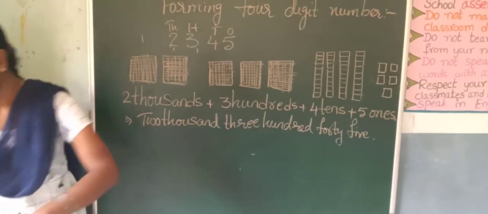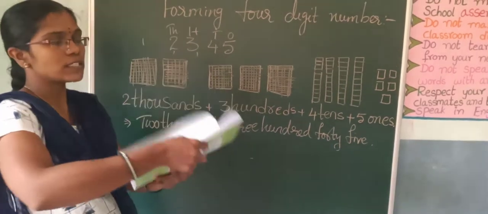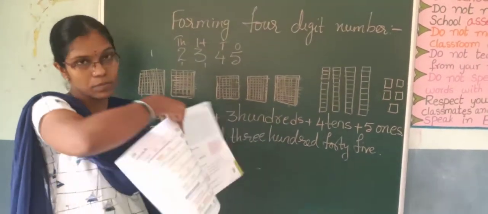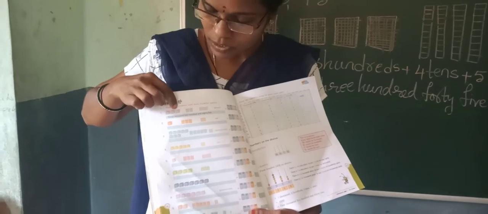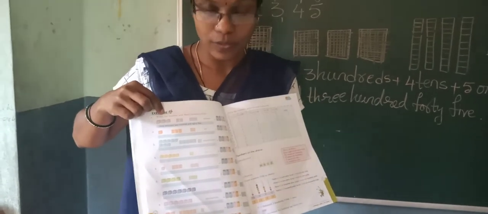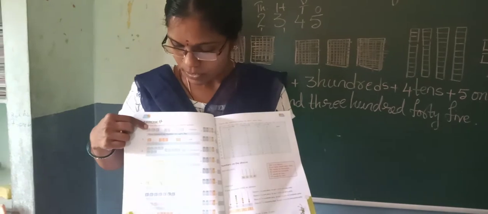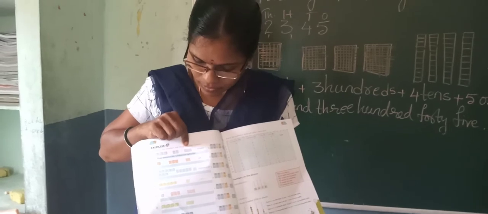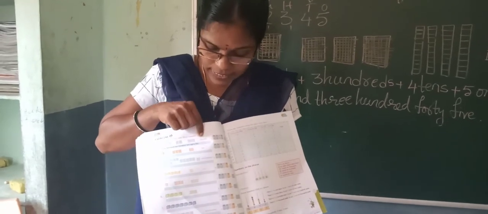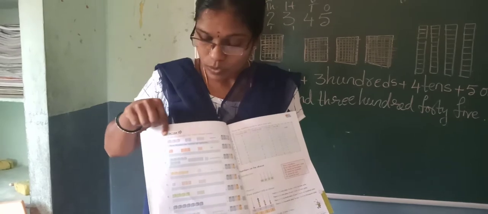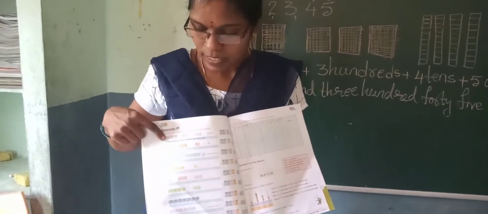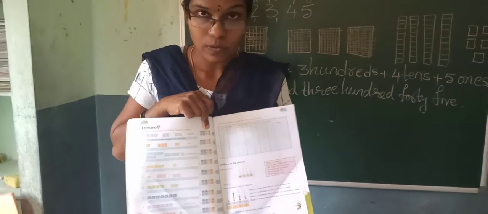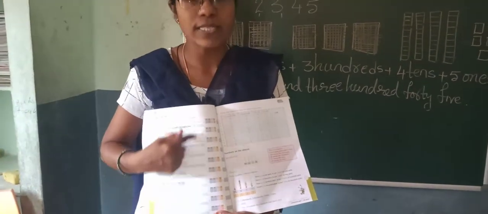Now see the textbook page number 66. Here he has given the number work for you. See the method I explained for you. You have to write like that only. See the first one, what he has given? He has given the boxes for you. First how many boxes he has given? 3 boxes. Next how many hundreds are given? 200s. How many ones are given? 8. Okay. Next how many ones are there? 5. So first of all you have to write the place values like this and then write the numbers here. Okay students. This page you have to write as homework today.